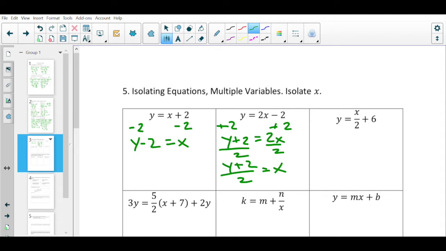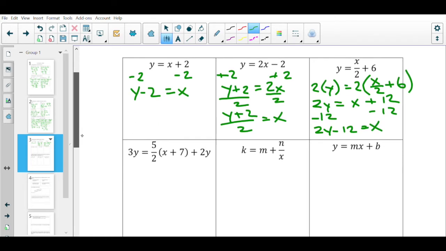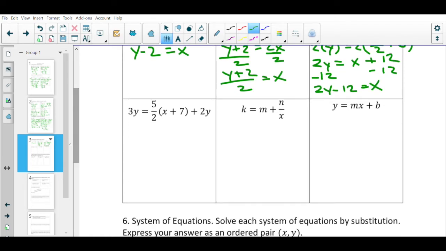Alright, we have a fraction here, so we're going to multiply both sides by 2. So 2 times y equals 2 times x over 2 plus 6. 2y equals x plus 12. 2y minus 12 equals x. There you have it. Okay, let's clean this up a bit. Minus